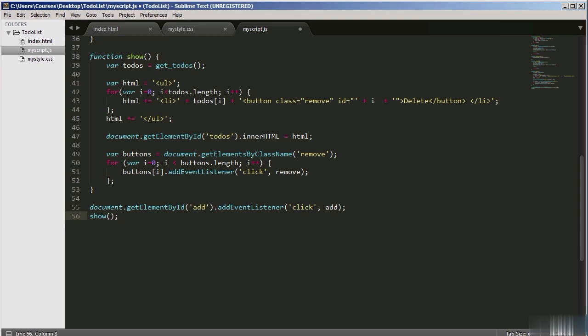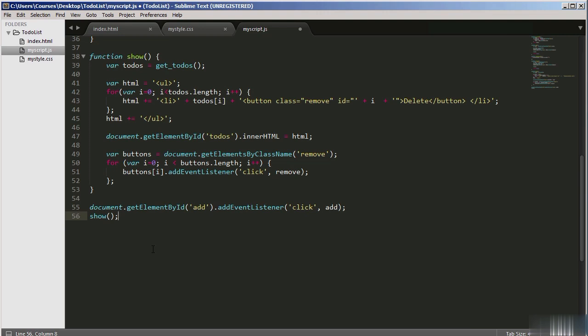When the user clicks on the button, it triggers the function. Once the click is done, the event listener triggers the function, and the item is then removed. As you can see here, we've passed it click as the event and remove as the function. When you attach an event listener, there must be parameters passed. The first is the event you're listening out for, and the second is the function that will be triggered when that occurs. So when that occurs, this remove function will come into play